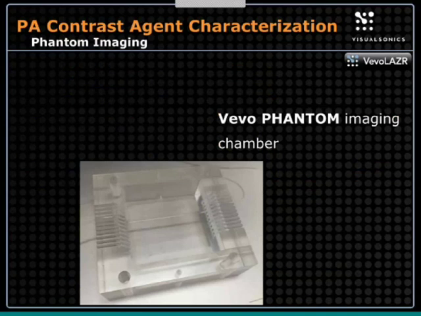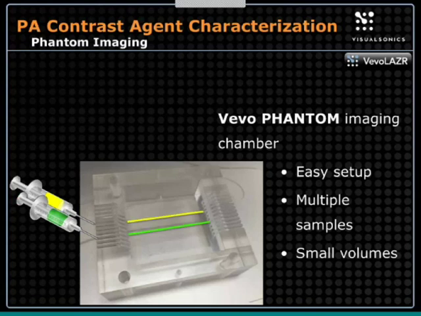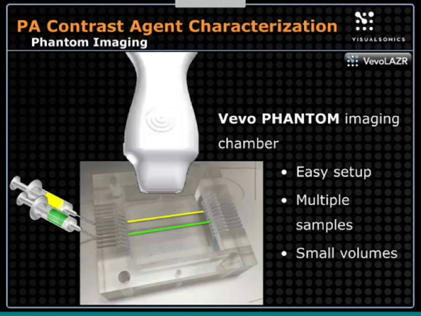So we got the Vivo Phantom Imaging Chamber. This is just an acrylic phantom with these channels where we can put tubing, which we use to image the contrast agents in a very simple way. It's easy to load and install them in the chamber. You only need small volumes of the contrast agent, so you're not wasting a whole bunch. So what we essentially do is put tubes in the phantom and then fill them up with the contrast agents. Then we just fill up that chamber with water,